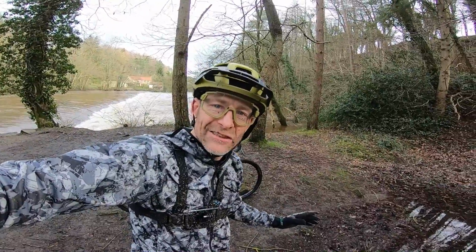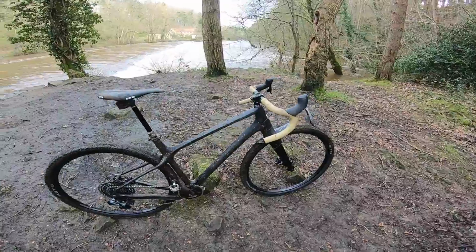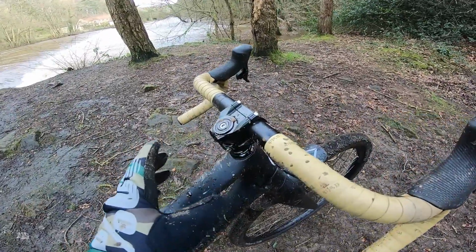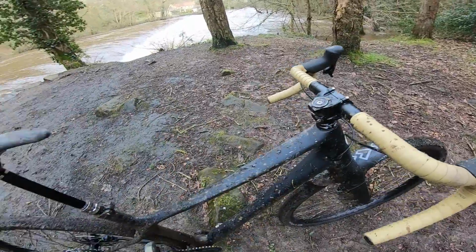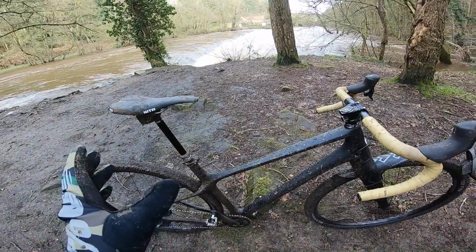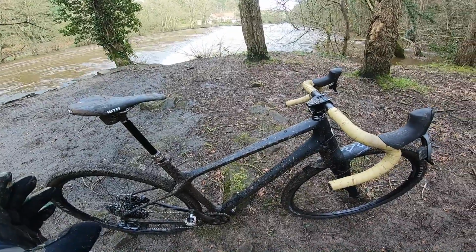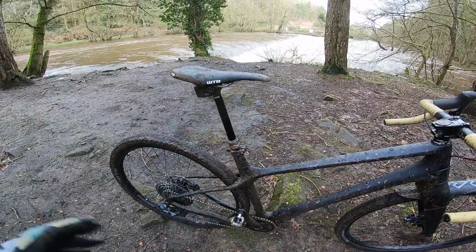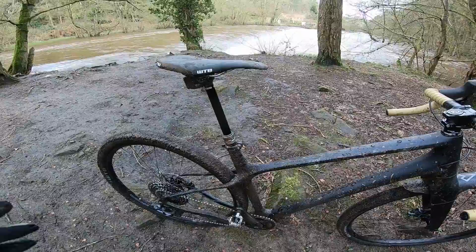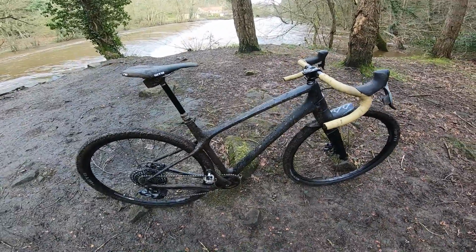So what is the end result we're looking at here with the Evil? Well, as you can see, I have got the handling dialed in finally with this 32mm Pace stem, but the downside of that is my reach is now 40 to 50mm shorter than it would be on my medium gravel bike as normal. And you see there's just not a lot of space there for me to go any lower with that seat. So I'd have to go for a shorter dropper post to make the whole bike work together with a larger